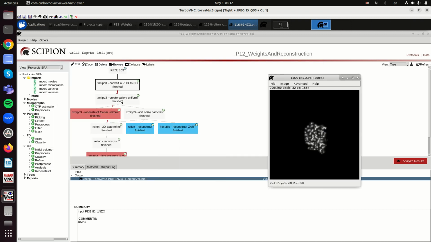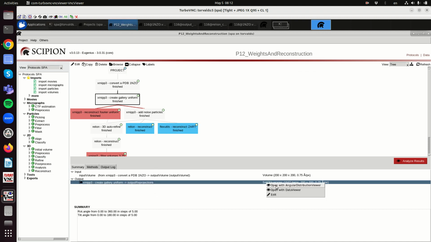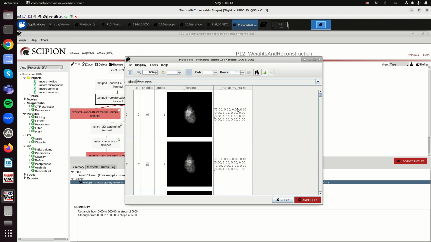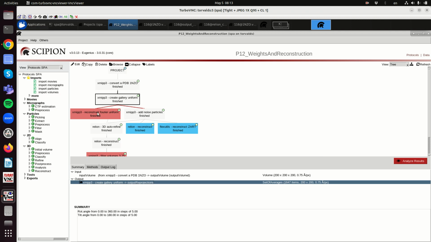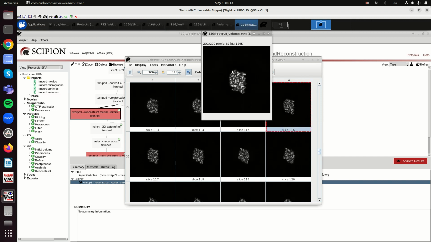So let us look at the projections. We can see the projections, and each one of the projections has a rotation matrix attached. This is the relationship between the 3D structure and the projection direction, and then we exploit that information to make a 3D reconstruction. The 3D reconstruction looks good, and in principle we should recover even this small